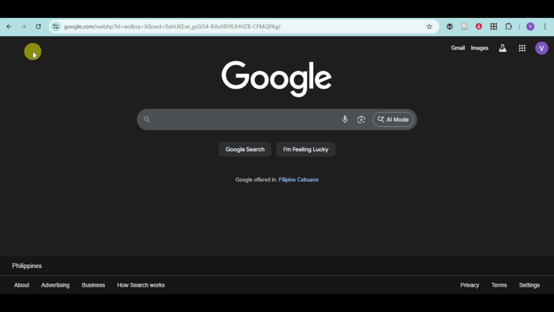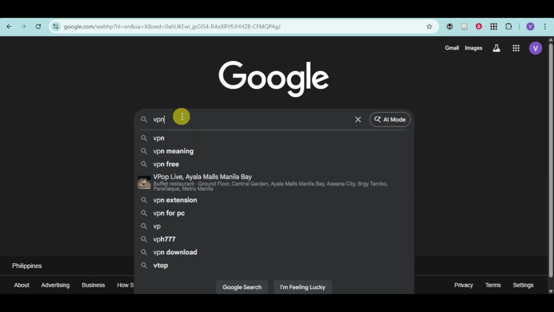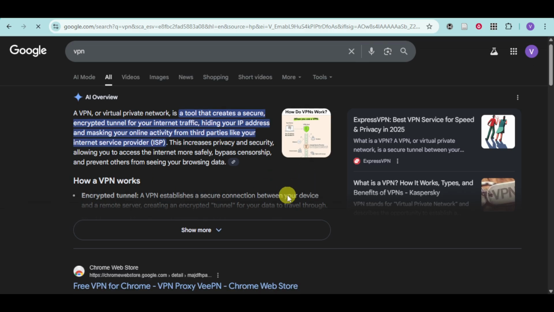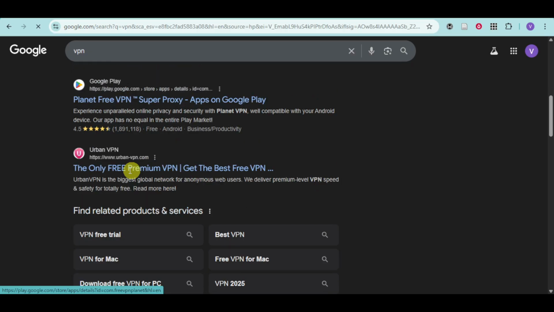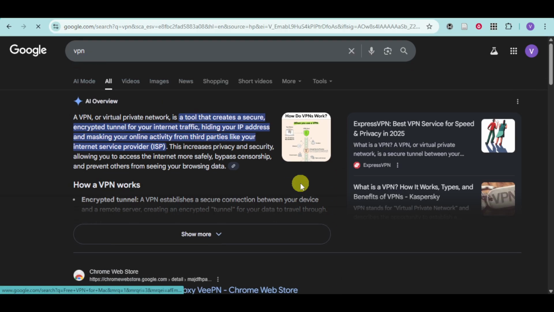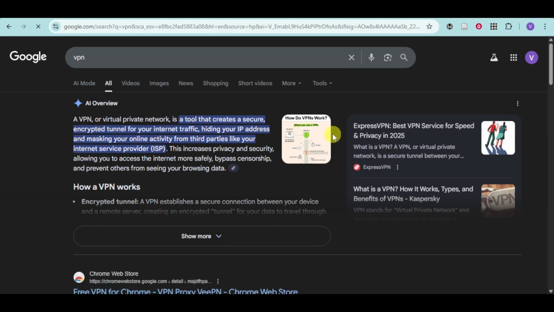In this video, I'm going to teach you how to fix Sora not available in your country. In order to fix this, you can use a service called VPN. Click on the search bar and search for VPN, and you can see options such as VPN for Chrome, Proton VPN, as well as Urban VPN. But for this one, I recommend you get Express VPN since it is actually the most trusted